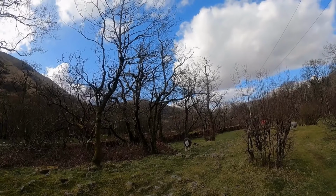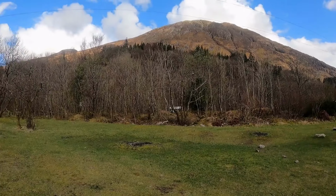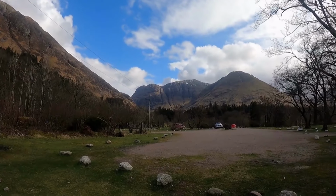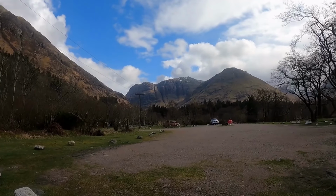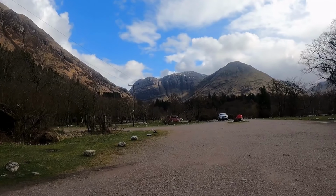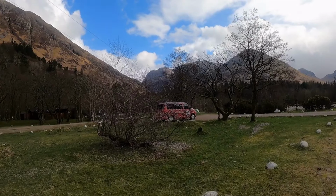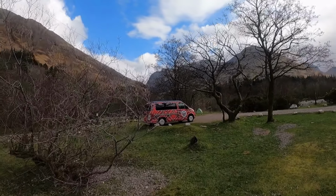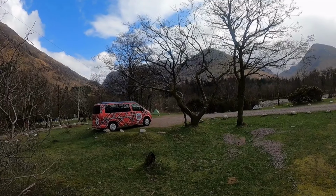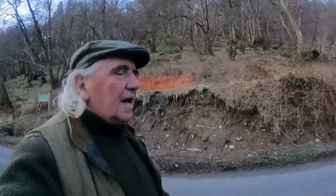Oh, right. I'm going back, and I'm going to settle down for the afternoon. Could walk for miles here. But then again, look at that. Let's get a good shot. See if we can get a good shot for them with the camper van in the foreground and that behind. Excellent. Last night of my trip,